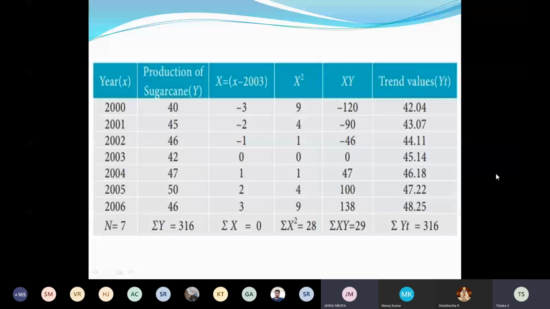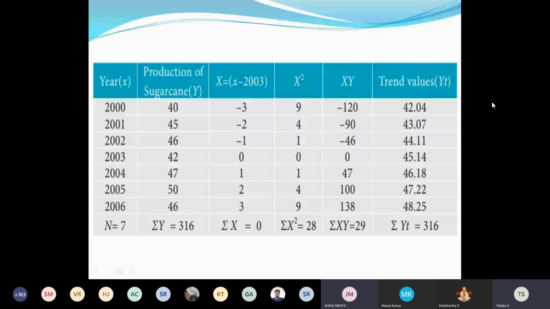Is it clear, guys? You can compare the total of the values which were given for the variable y, and the 10 values which we calculated. The total of these two is 316. Sometimes you will have some point differences, but the whole number will be similar. So here we have 316 for each. Is it clear, guys?